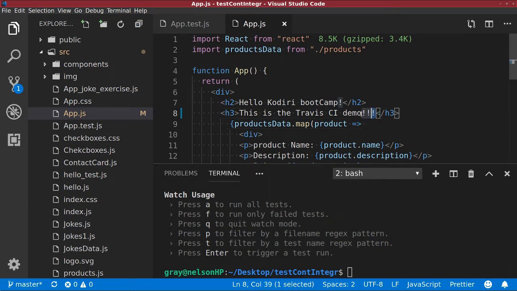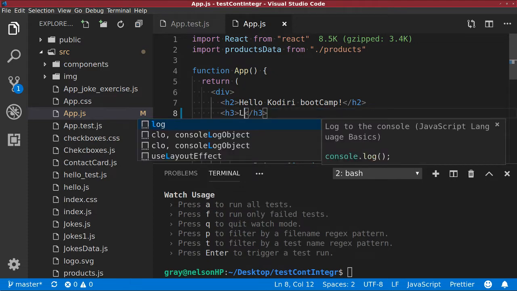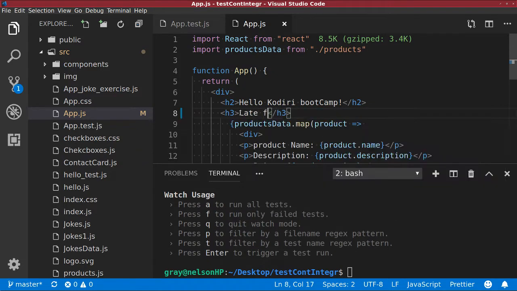So let's do that. Okay, I made the change. This is what they asked me to do,